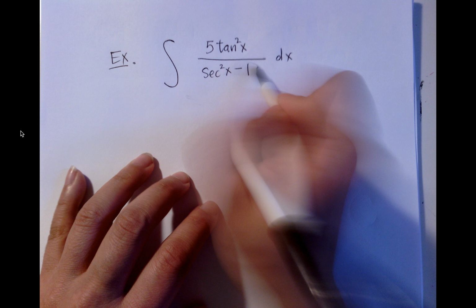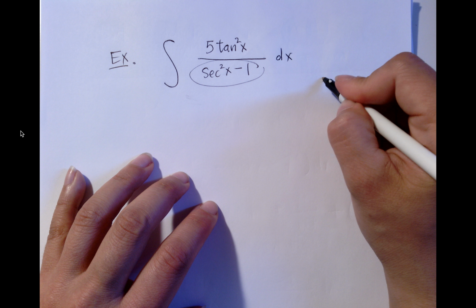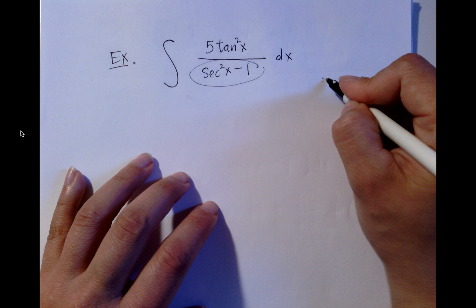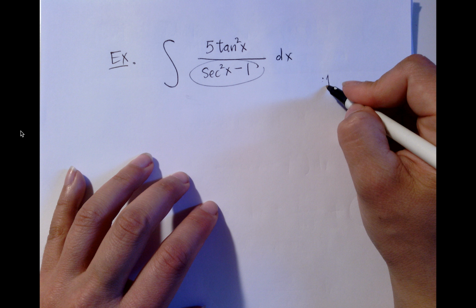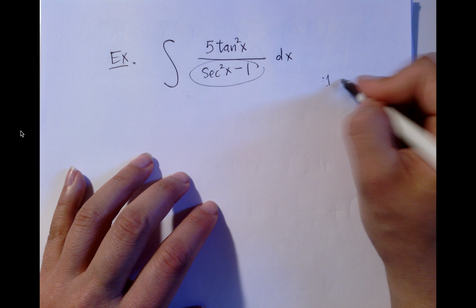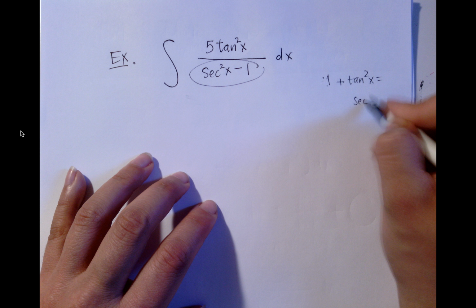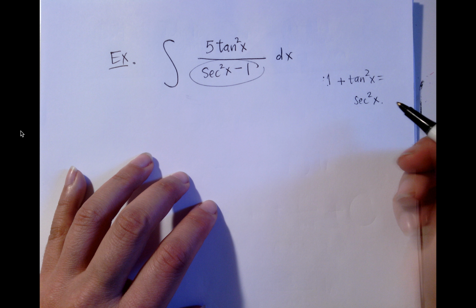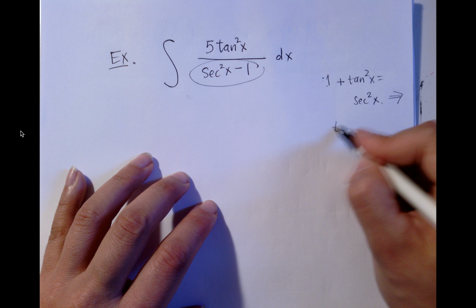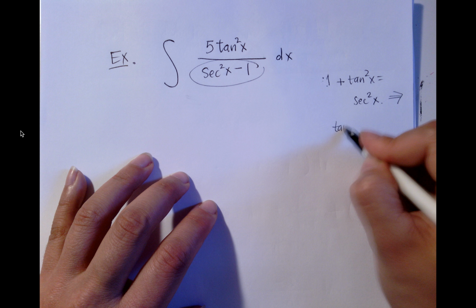Now this looks familiar. I remember that if I take 1 plus tangent squared x, I get secant squared x. So that implies that tangent squared x is equal to secant squared x minus 1, which is what we have here. So I can rewrite this